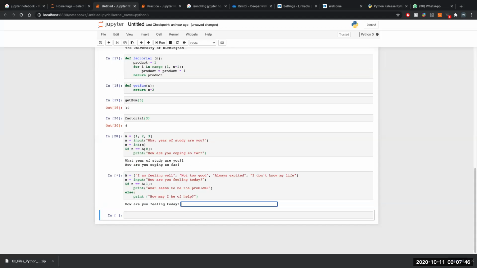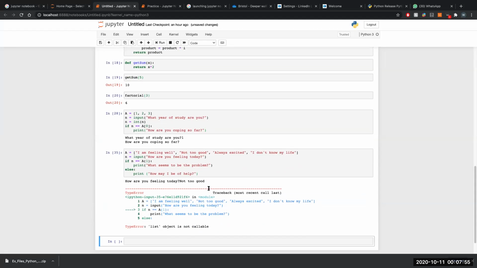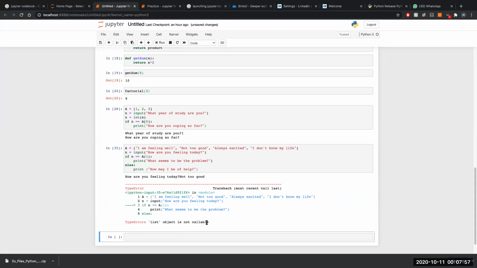It did not work. Let me see. So now, if I put not too. Still not working. List object is not callable. Now, okay, so